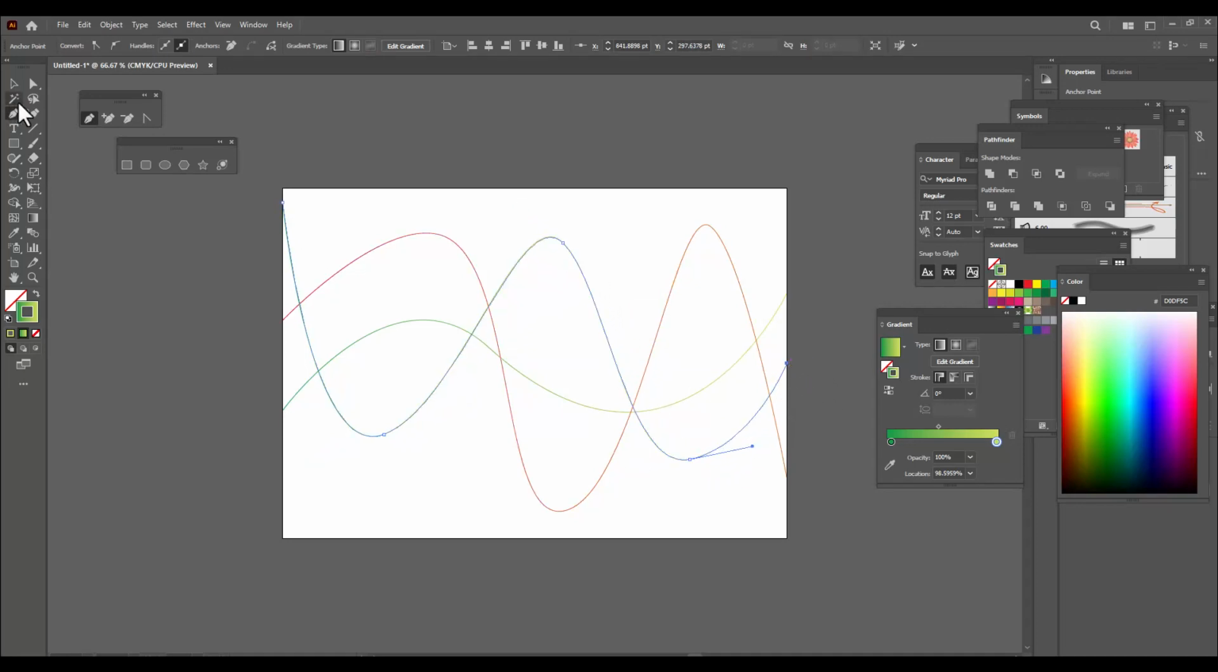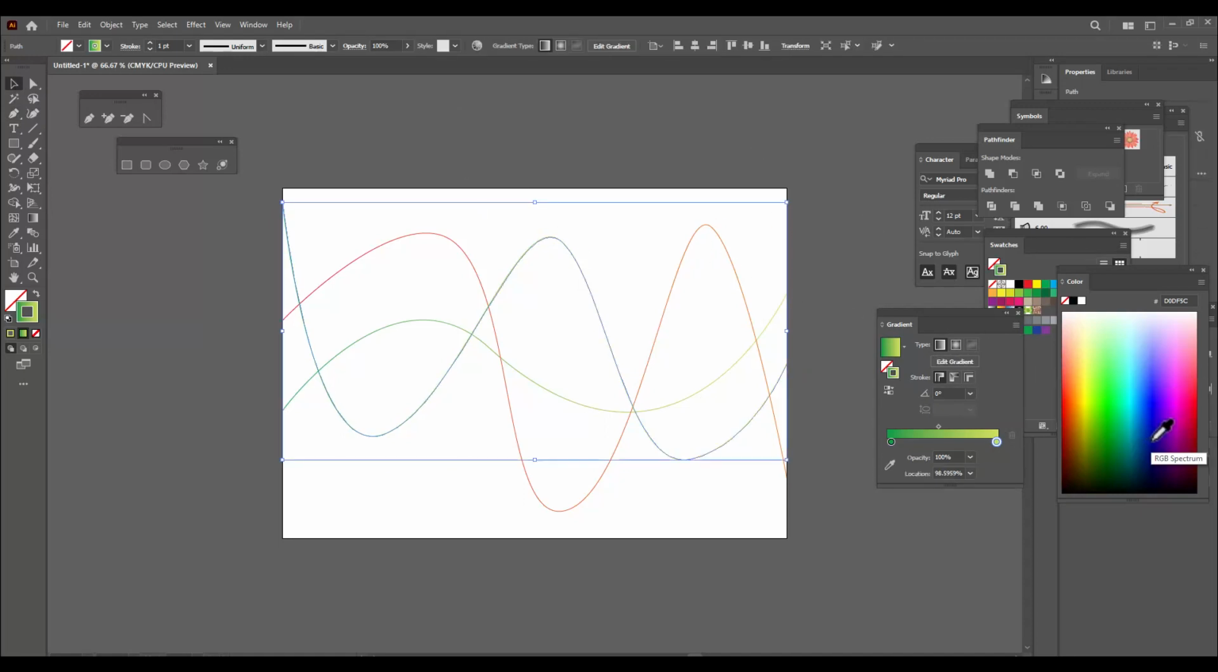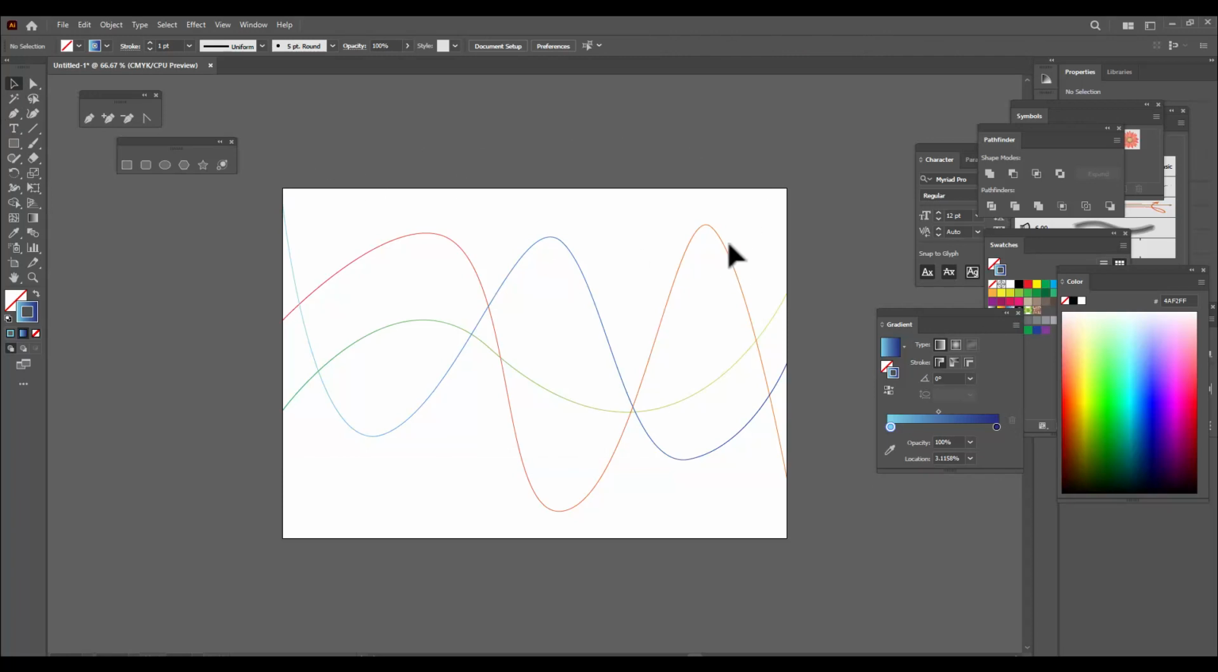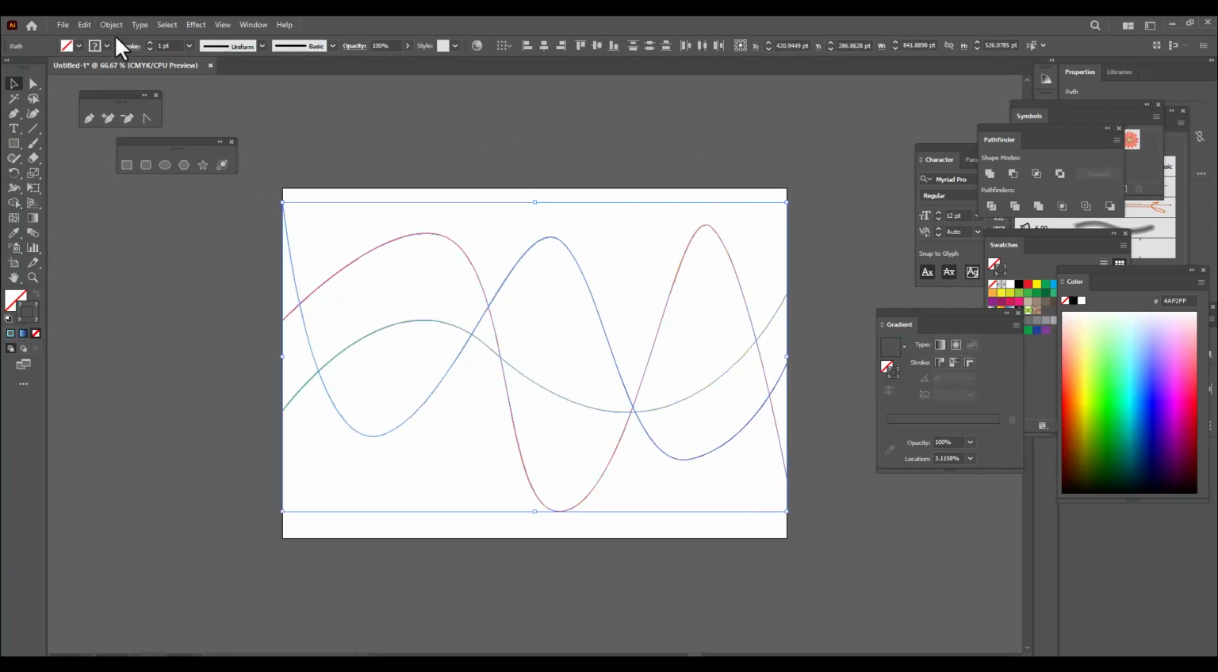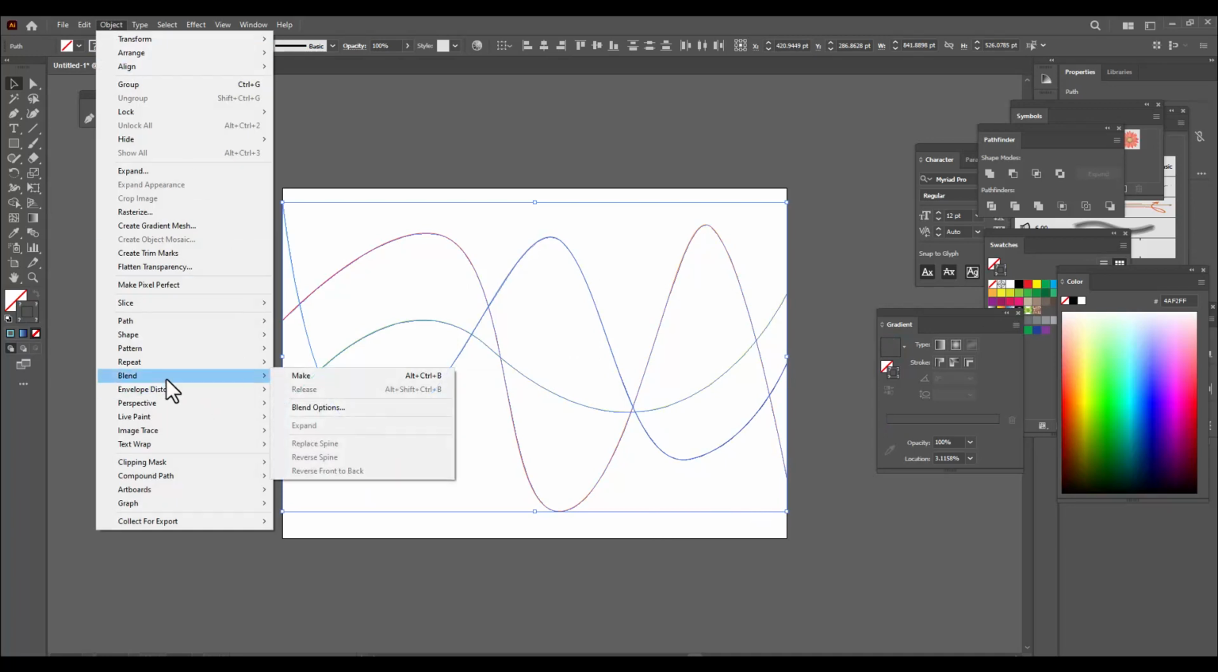And for this, let's give some bluish color. So we'll select the path and give it a bluish gradient, blue and light blue. Right. Then we will select all these paths and go to Object, and in Object we have the option